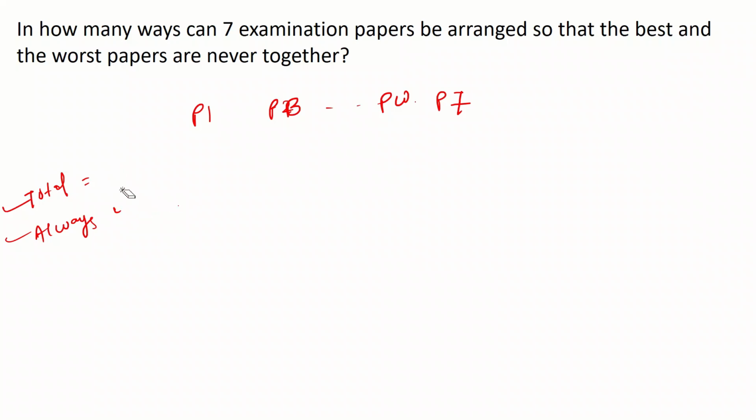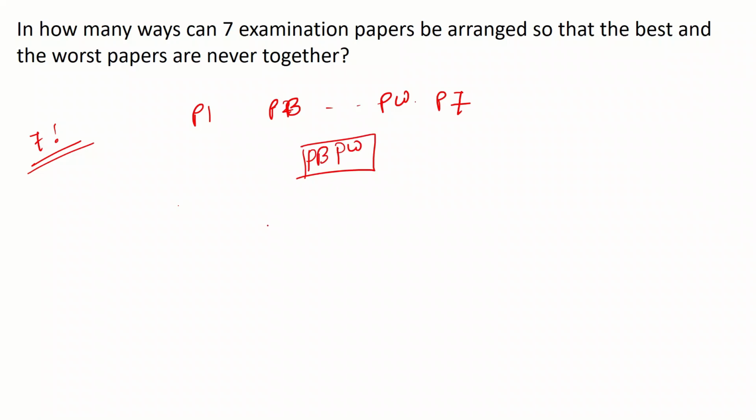So we have the total number of permutations to be 7 factorial, because in total they can be arranged in 7 factorial ways. Now we have to find out in how many of these cases they are always together. So what do we do? We glue them up. These are the two papers, and you assume that they are glued together. So now we have 6 papers in all. So P1 up to P7, and for these two papers assume that they are a single paper. You bind them together, or put a stapler pin on it, to keep them together.